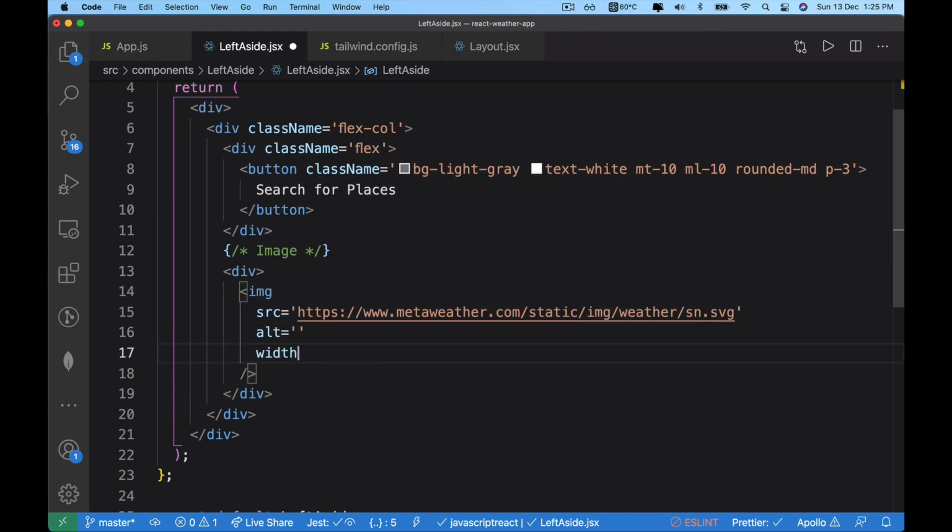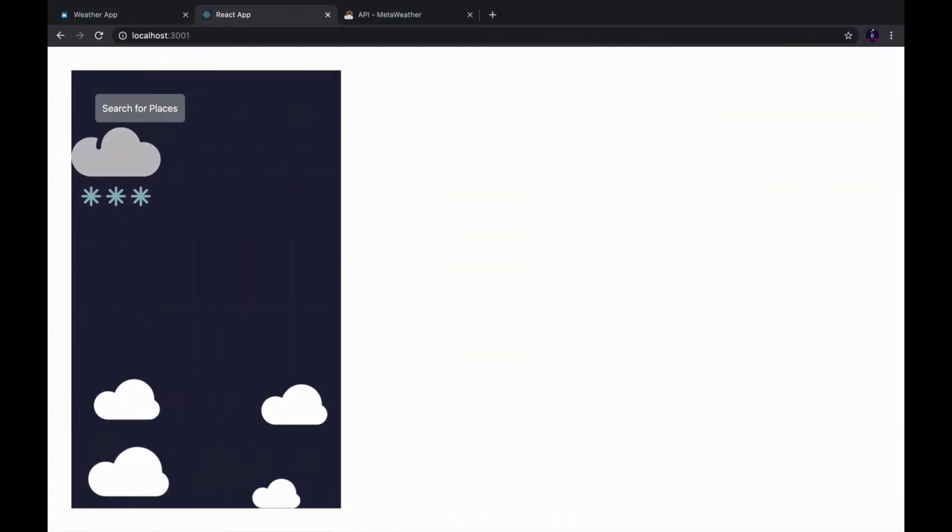So now if I give a width of 150 pixels and height of 150 pixels, and save this, check the preview, we got this image a little bit smaller. So now we'll just center this image in this entire division.